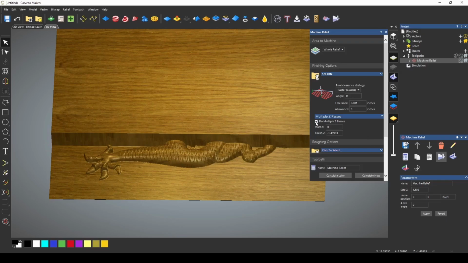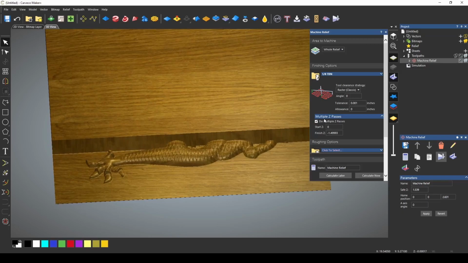If we select multiple Z pass, it's going to break our finishing toolpath option into Z slices so that we can remove this material in slices as we get down to our 3D object.